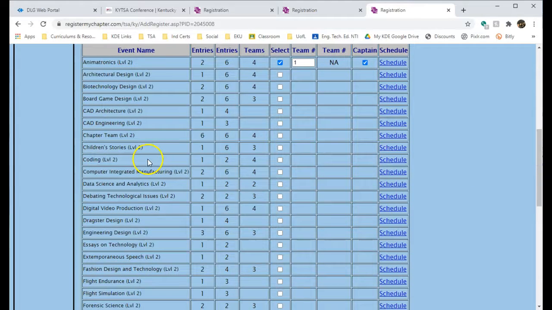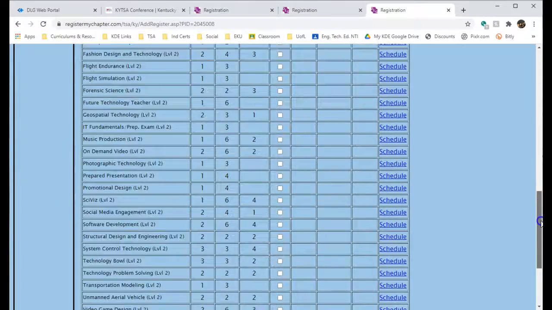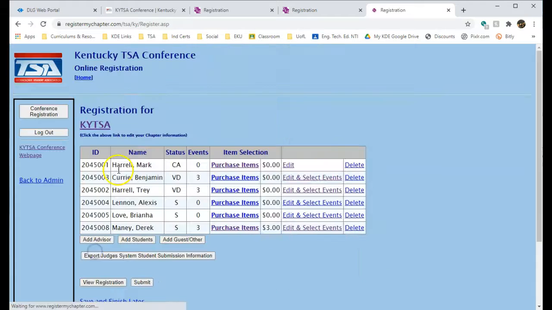And then Derek's also going to compete in, let's say, coding, and Derek's also going to compete in essays. Once again, coding being a team event, he's going to be on team 1, and in this case, let's say Derek is not the team captain. Let's say the other student on his team is going to be designated the team captain. So if I come down and I save that for Derek, now I'm going to go into